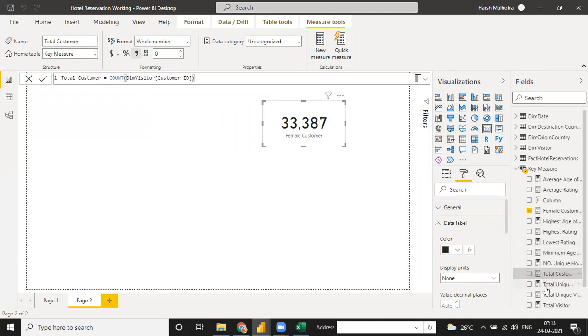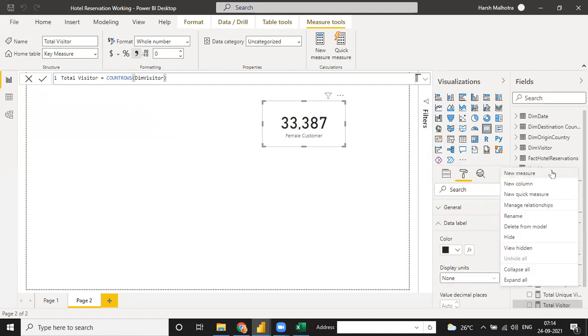Okay, that is the reason maybe you checked with this. This dim count, dim origin, total unique is a dim visitor and total visitor is a count. Okay, so that is the reason in my file it is okay. See, in this file when I calculate one measure for you,